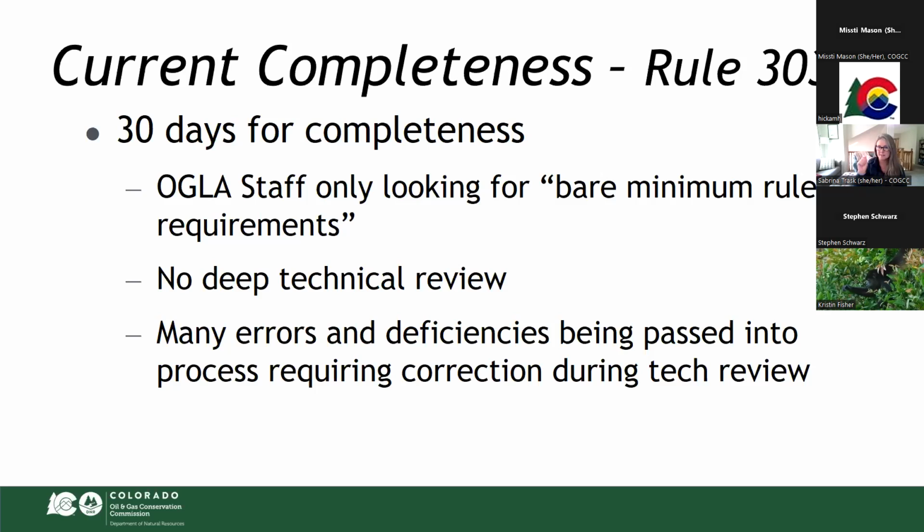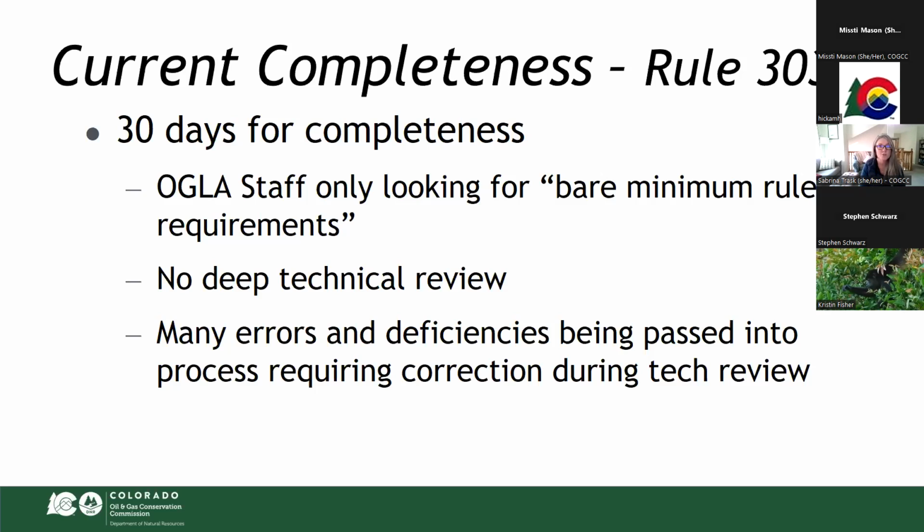Does it tick the box? We weren't looking at the technical content of plans and attachments, but more, are those plans and attachments there? The problem with this is that a lot of errors and deficiencies were being passed through completeness, which then required a lot of in-depth